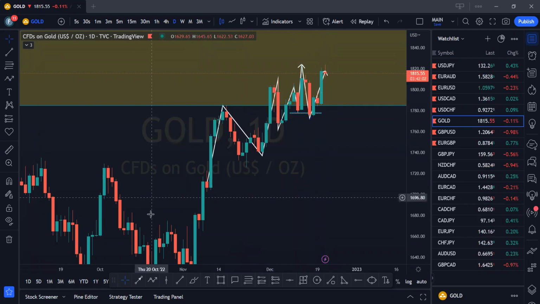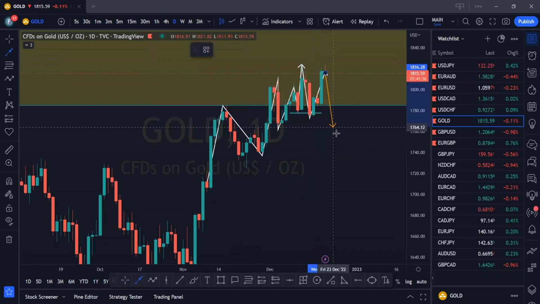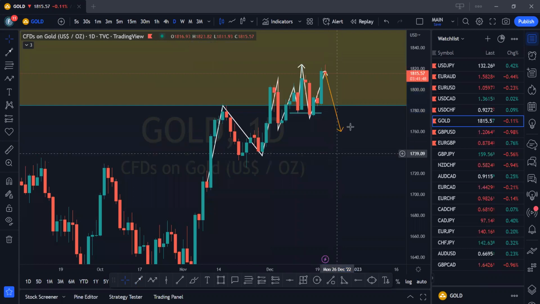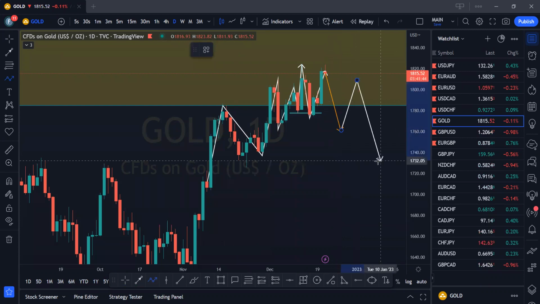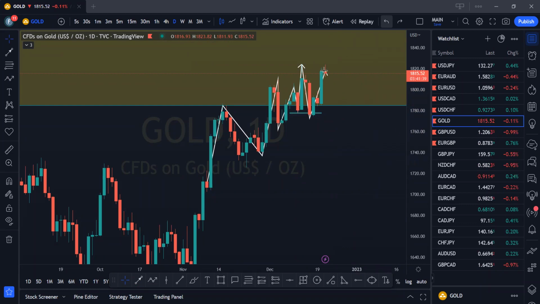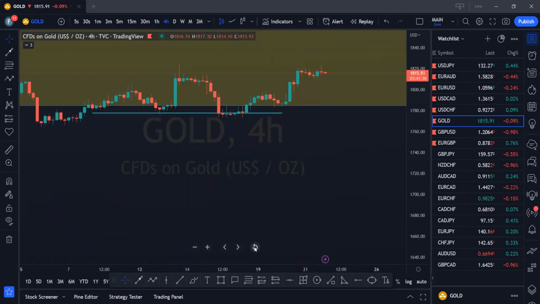So ideally, you want to wait for price to form the lower low before this is an established order flow shift from bullish to bearish. So if and when this happens, you now want to wait for price to retrace and then you sell. But we can be aggressive and try and look for sell setups here. So if we know this, we are looking for sell opportunities over here. So let's go to the 4-hour chart and look for sells.